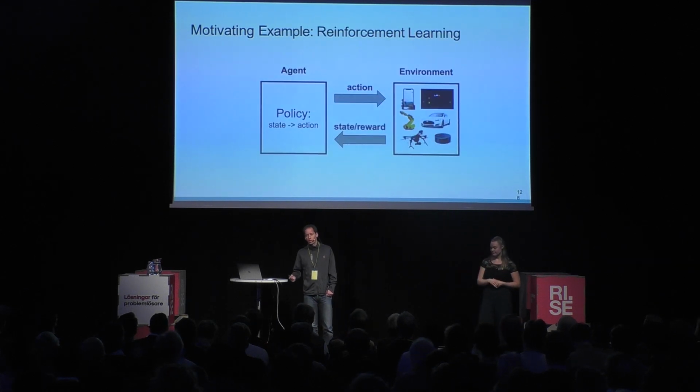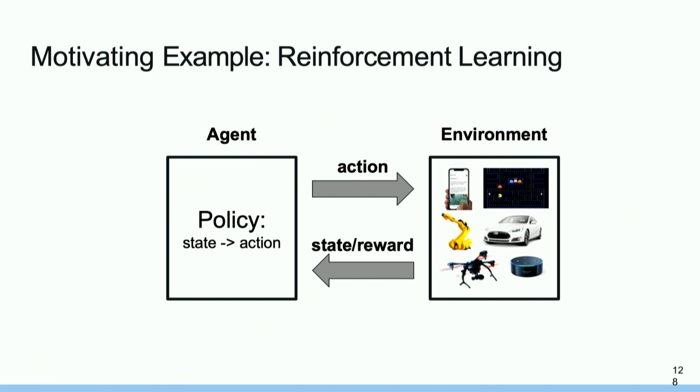So one motivating example for this is reinforcement learning. There you have an environment which basically sets up the problem. This could be something like a game simulator. Maybe you have heard of AlphaGo, which can use such a simulator to train a reinforcement learning agent. Or it could be a robot where typically there's some state. In the case of AlphaGo, it would be the board state. In the case of a robot, it would be the joints of various